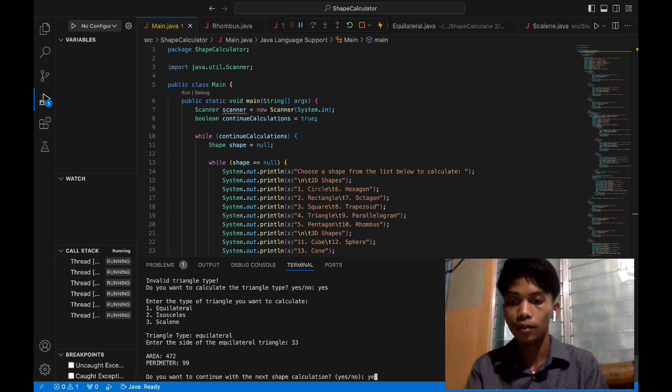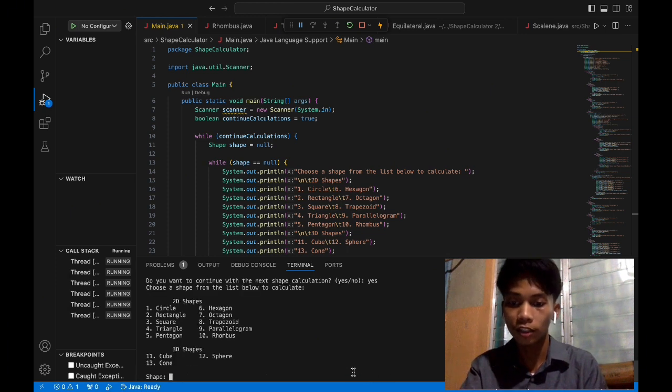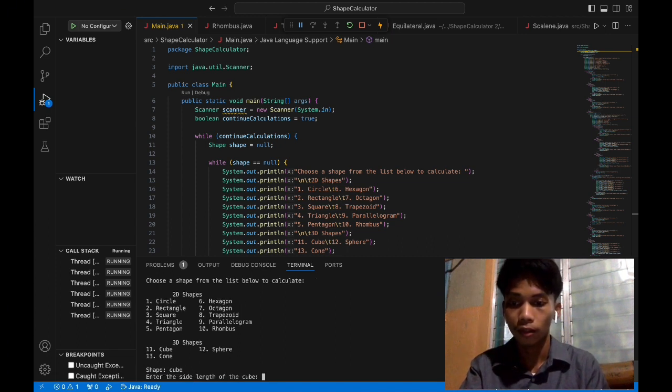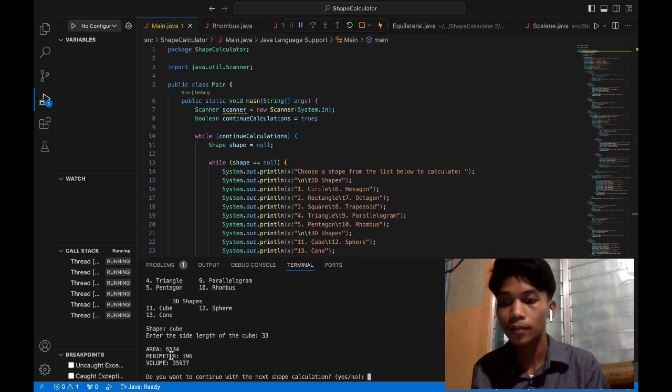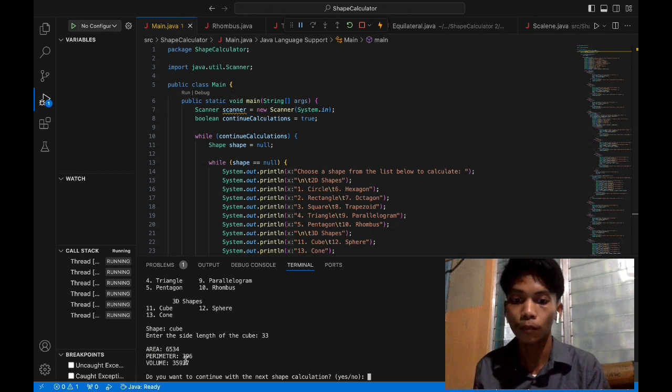In 3D shapes, let's try the cube, and this is the calculation for the cube shape. It will show this is the output for the cube, where the area is this, the perimeter is this, and we added for the enhancement the volume calculation for the cube.